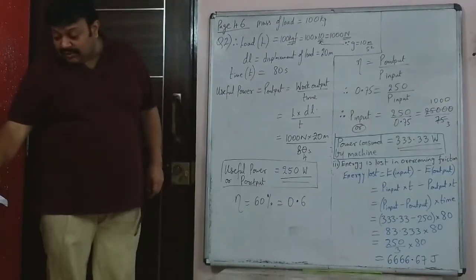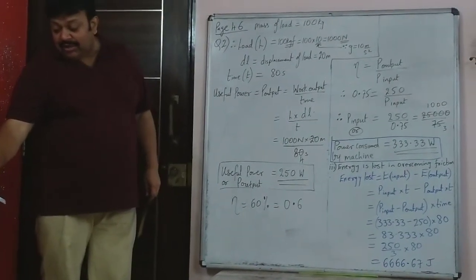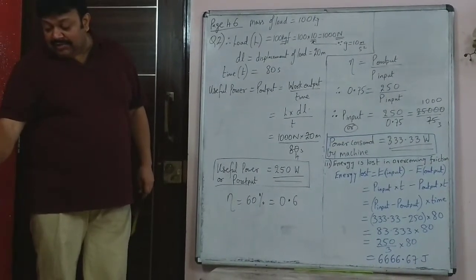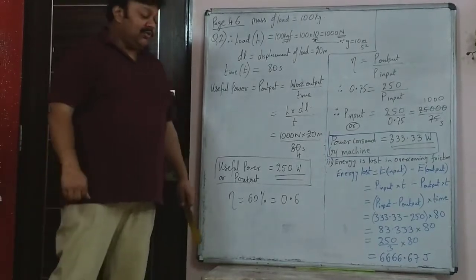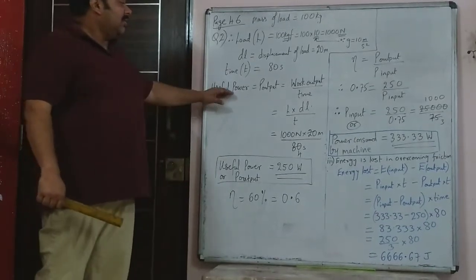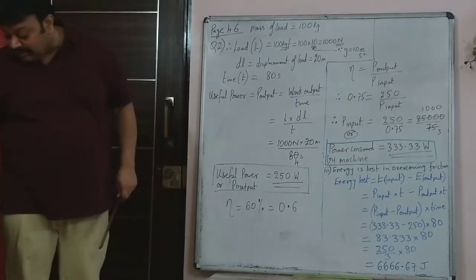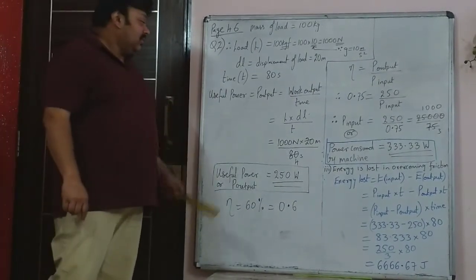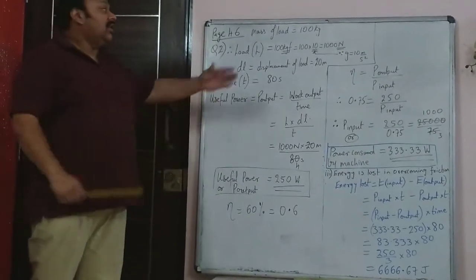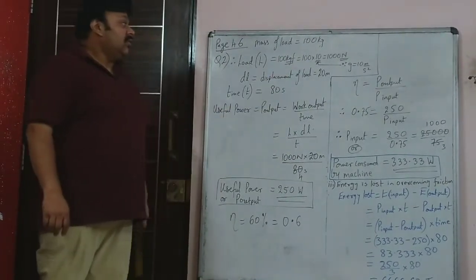So the first question asked is, if the efficiency is 75%, find the electric power being consumed by the machine. So you are asked, what is the electric power that is consumed by the machine, and the useful power of the machine. The power consumed by the machine is the power input, and the useful power is the power output, that is work output upon time. The first part that is asked is, find the useful power of the machine. Useful power means what it is doing. What is this machine doing? It's lifting a stone. And what is the mass of the stone? 100 kg. So load was 1000 Newton.